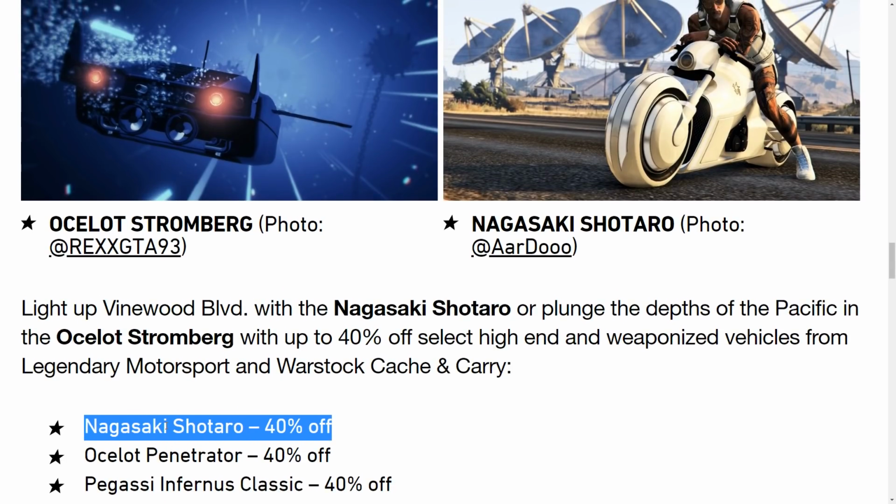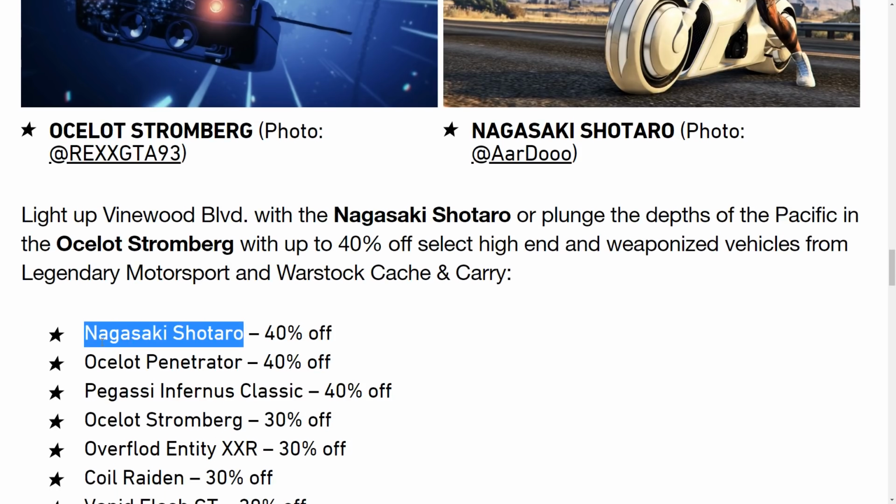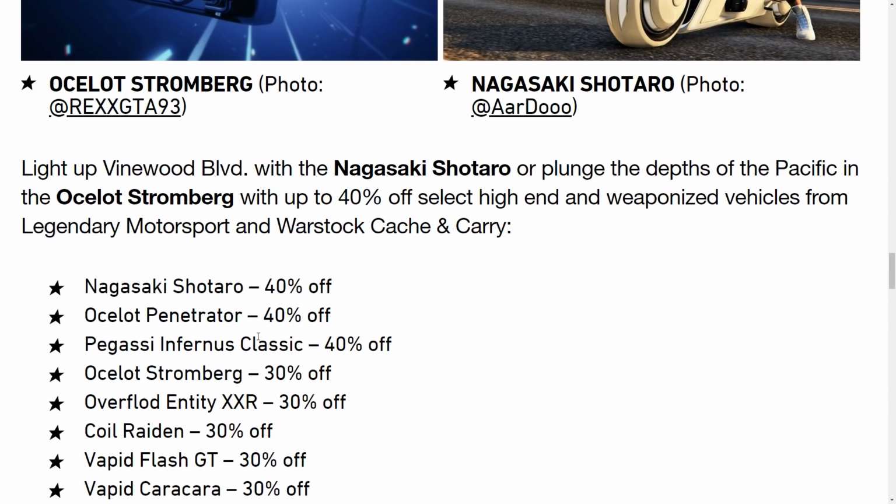So just so you guys know, otherwise it won't show up on the Legendary Motorsport list. If it's not listed and you can't find the bike anywhere, it's probably because you haven't played Deadline. So play the Deadline, and it doesn't matter if you win or lose, so you can just quickly lose if you want to, and you'll have that unlocked discount. You might want to wait for it to pop up. Sometimes it can take a couple minutes, as most players know, for it to show up in-game. And then you can get the Nagasaki Shitaro for